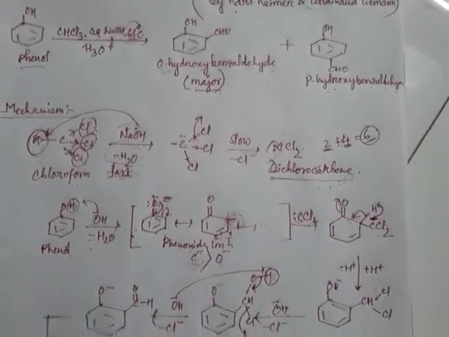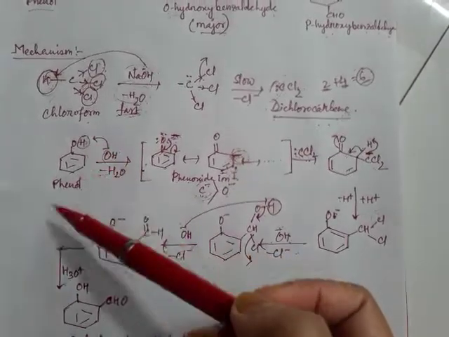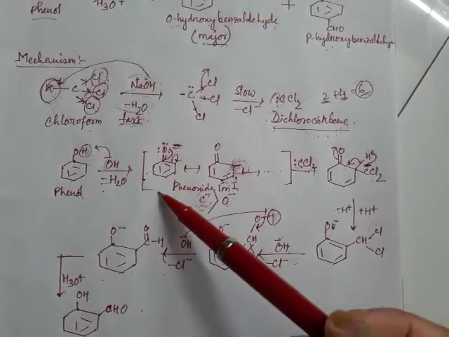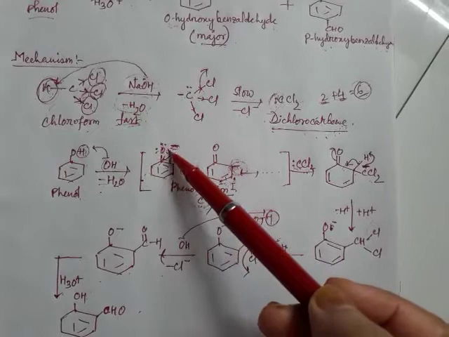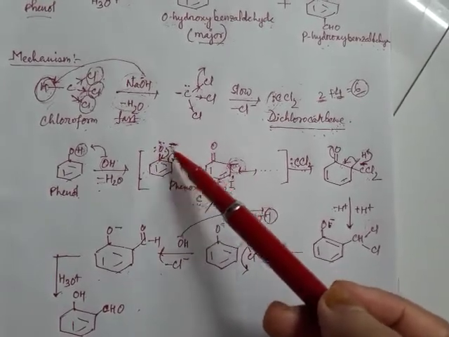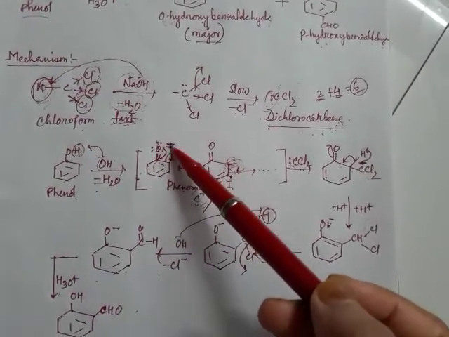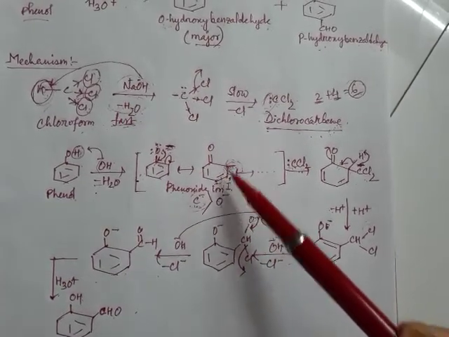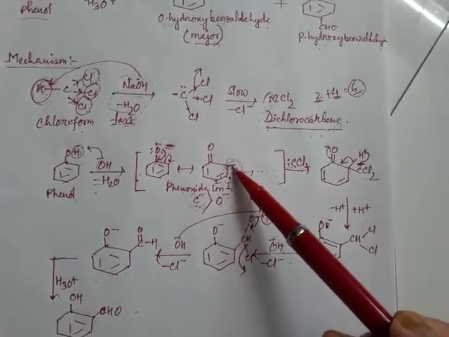Okay, so as we all know, phenol is present in the medium, and phenol is acidic in nature, so alkali will abstract its acidic proton and the phenoxide ion will be formed, in which 3 lone pairs of electrons are there on the oxygen atom with the negative charge, which is in conjugation with the aromatic system. So by delocalization of this negative charge, we have our first resonating structure, in which electron density is centered on this ortho carbon atom.